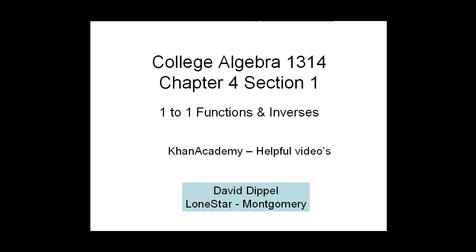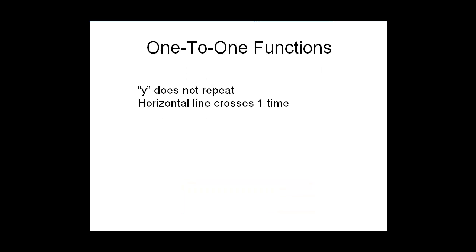Okay, if we're starting to deal with one-to-one functions, a function is one-to-one if the letter y does not ever repeat when you're graphing a function. Now, if you look in a physical graph, this just means that a horizontal line will only cross the graph one time. If you remember, before we had the vertical line test, now with a one-to-one function we have the